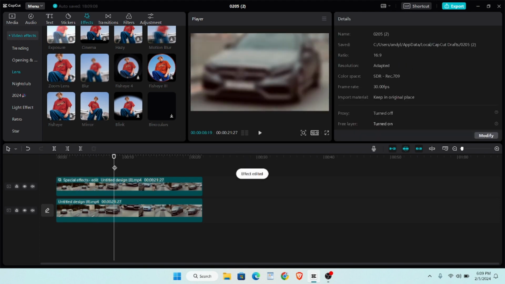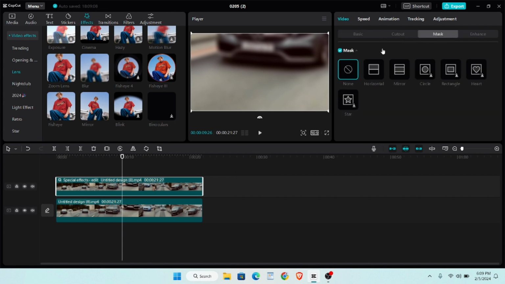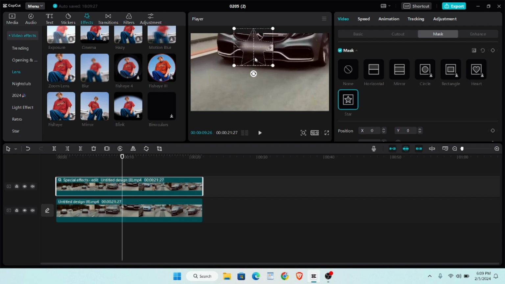So then select this clip and then click on mask. Okay, then you will get a couple of options like mirror, circle, horizontal, rectangle, heart, star. You can choose any of them. Okay, so as you can see, you can blur like this,